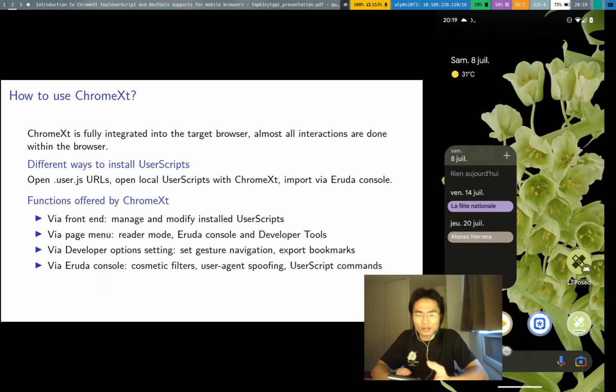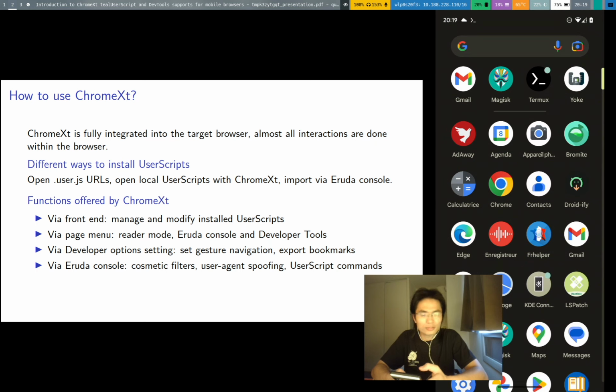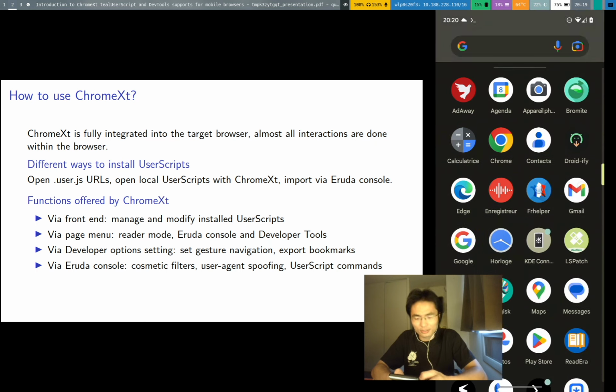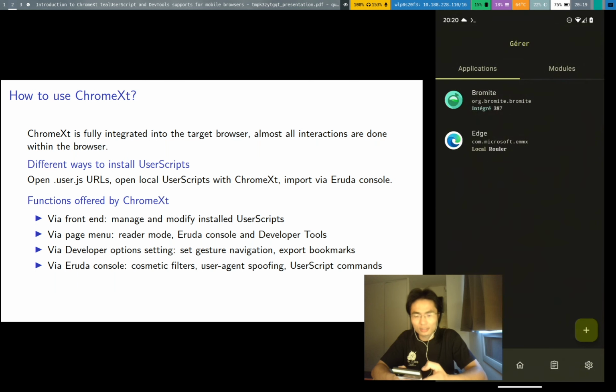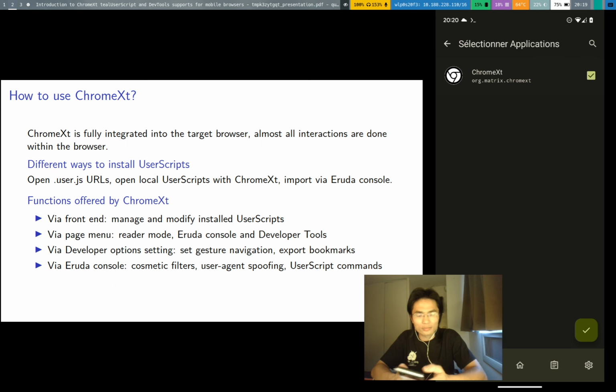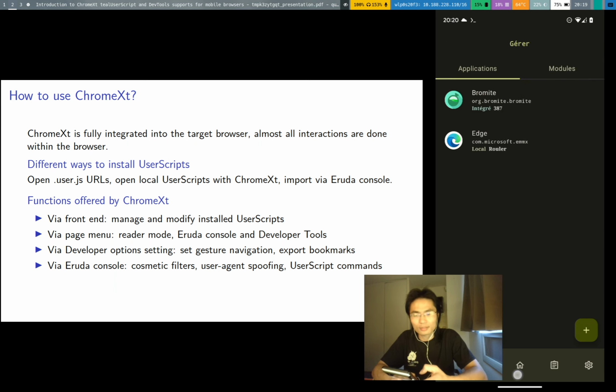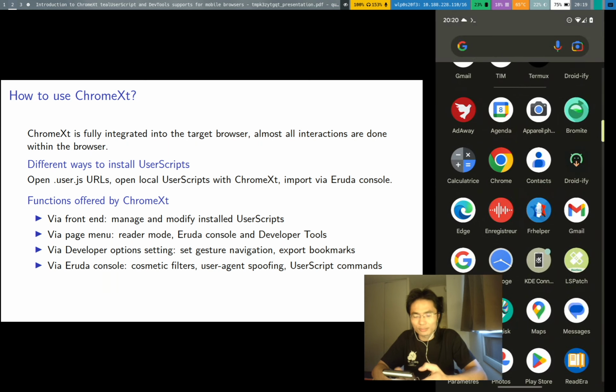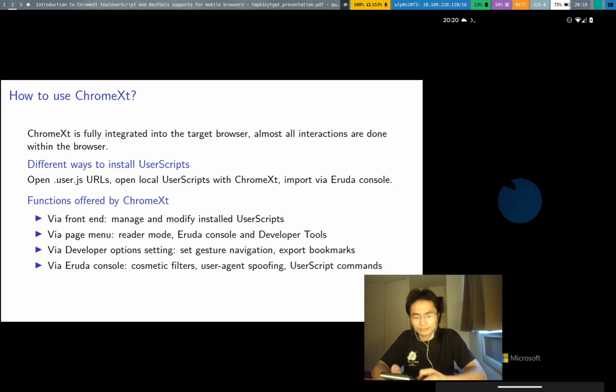For some browsers, the configuration might be a little bit different. Let's try the Edge browser. We have patched the Edge browser. Let's add our module to the Edge browser. Okay, we open the Edge browser. It takes some time.